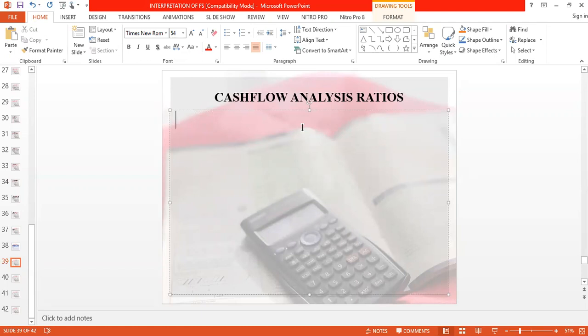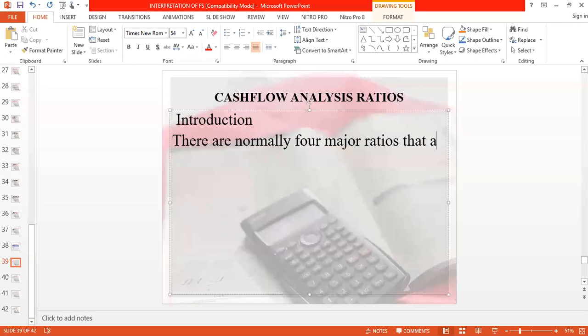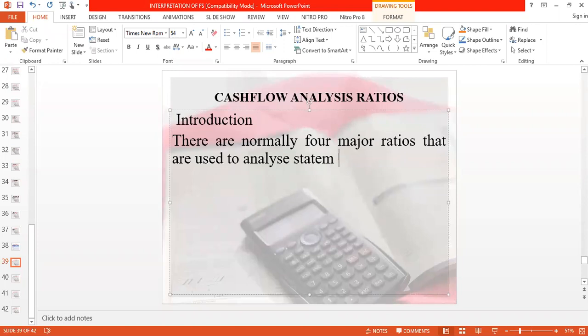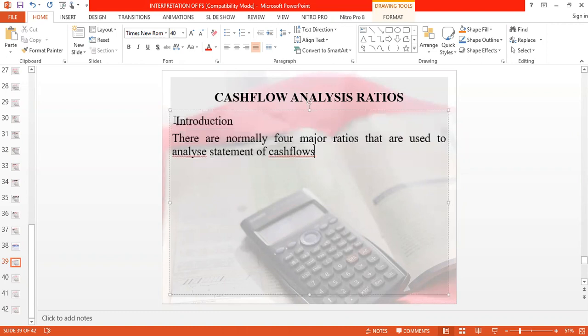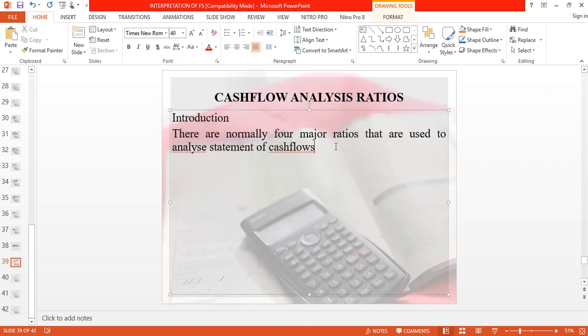So we can start in our introduction by saying there are normally 4 major ratios that are used to analyze statement of cash flow. It's good we did cash flows in the morning. There are normally 4 major ratios that are used to analyze statement of cash flows. These ratios are,